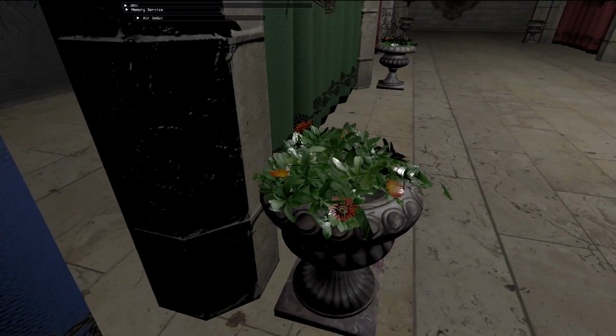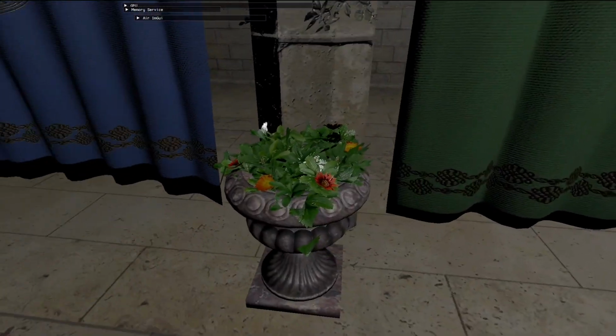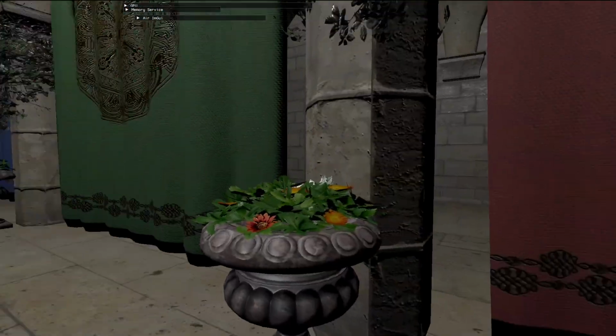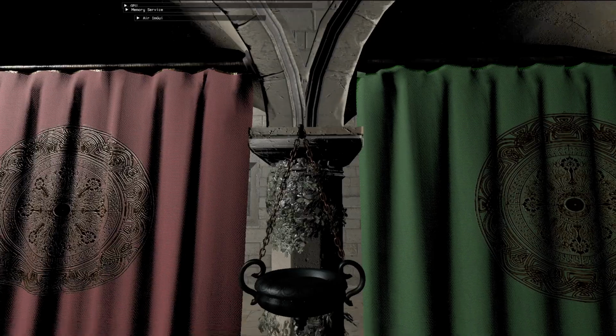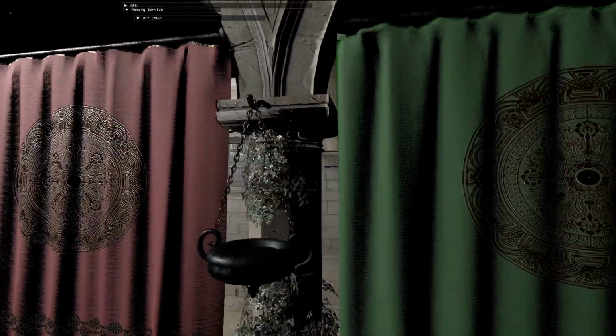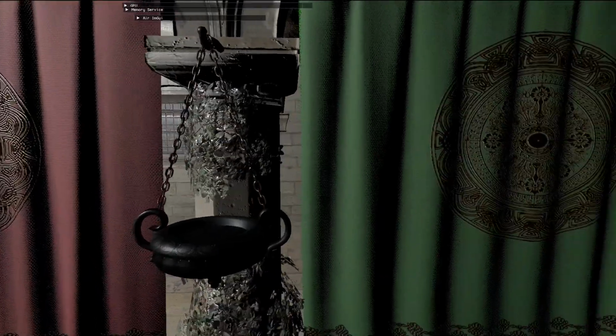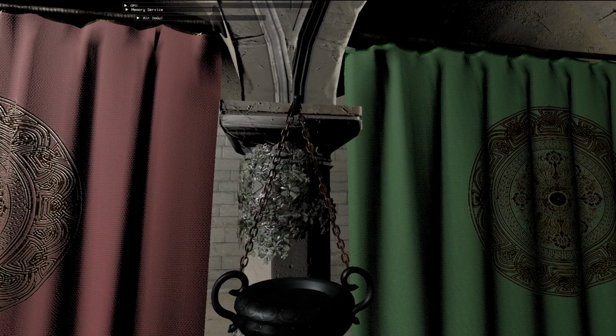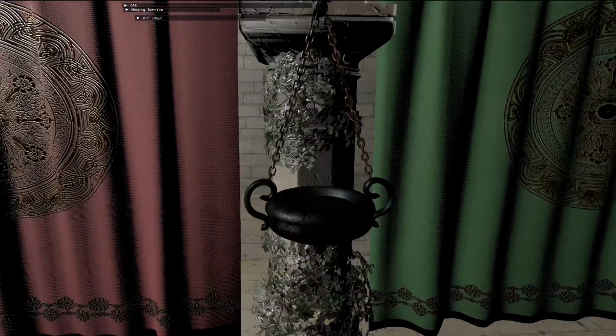Well, as you might have already guessed, we have transparency support, which is cool. We also now have the ability to deal with materials that come with a different number of textures for a given model. So for transparency, if I take you over to these chains and the ivy, all these parts of the model have transparency, and they are being culled depending on which way we face. So both sides of the transparency are being respected.